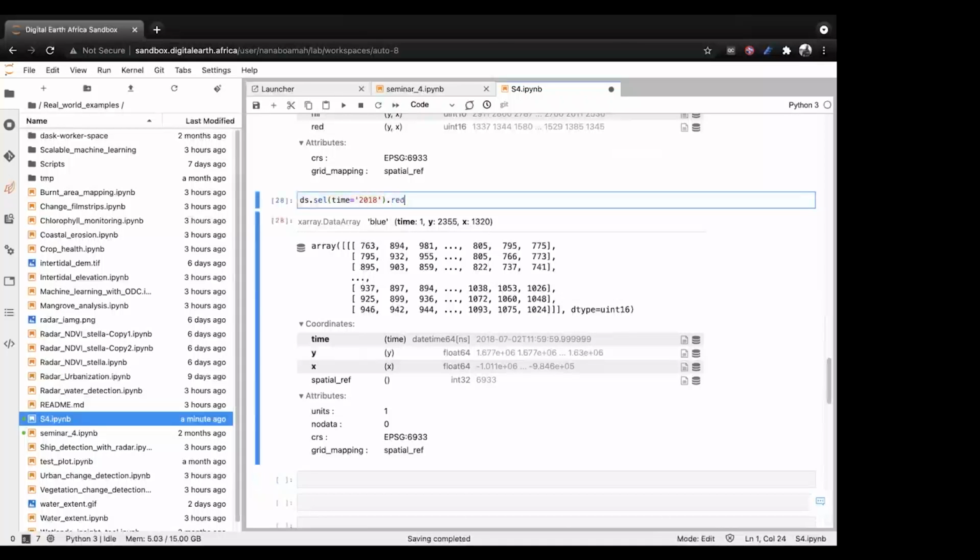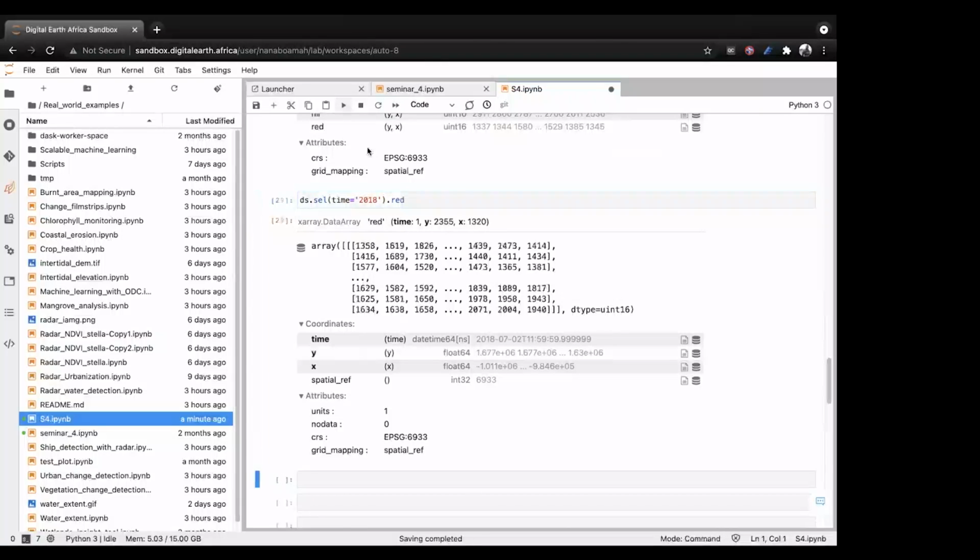So you can also use the red band here. Then you can print it out. So these are the values for the red band. What about the near infrared? You can also call it like this and also see it. So anytime that you are dealing with various data sets that we've compiled and you want to inspect one of the values, it's best to use the isel, then call that particular value. Then after that, you call the band that you are